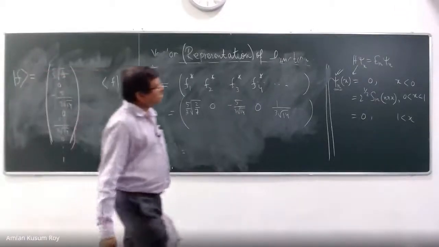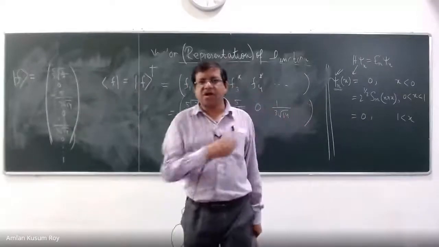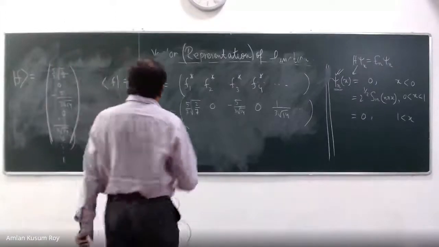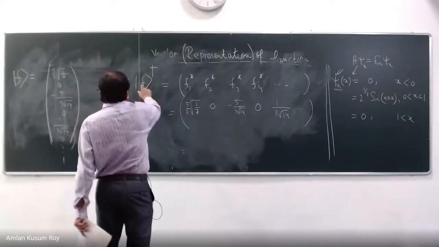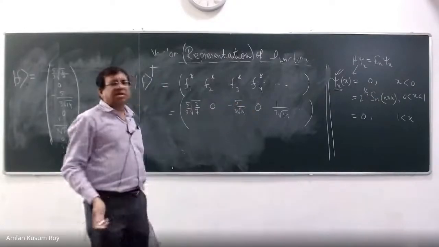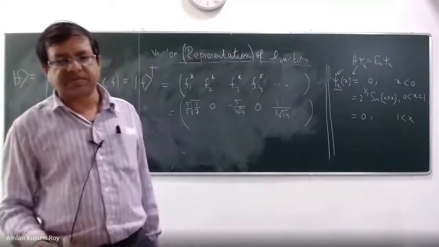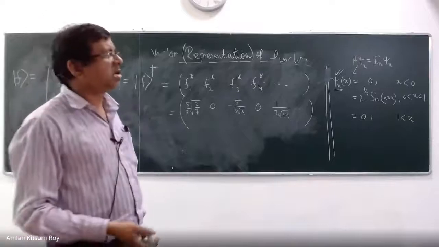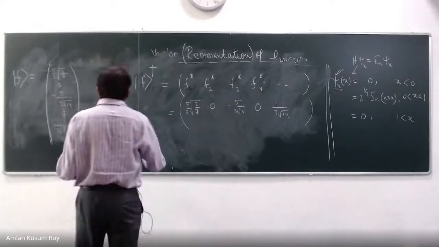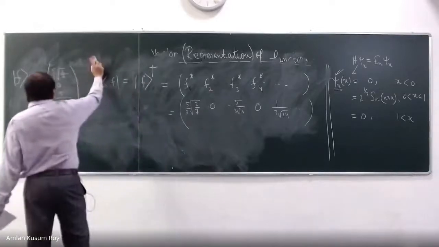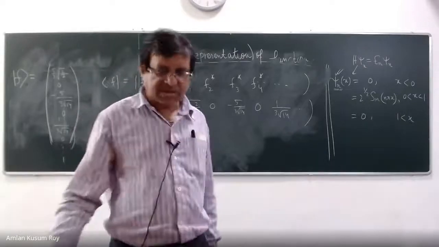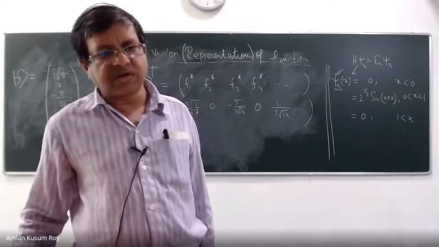If I change my basis, you now can do the whole thing. There is no problem in this world. Or even if I change the function, keeping the same basis, you can see that everything is dependent on these coefficients. What are the coefficients? We are going to discuss the physical significance a little later. But in this representation, a function is represented by a column vector. This much is clear. Is that clear?